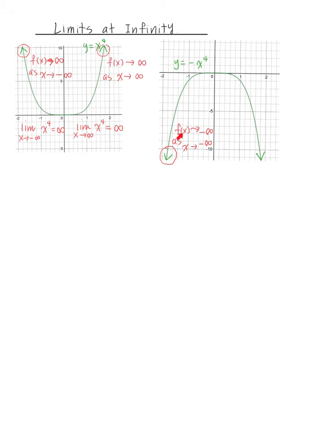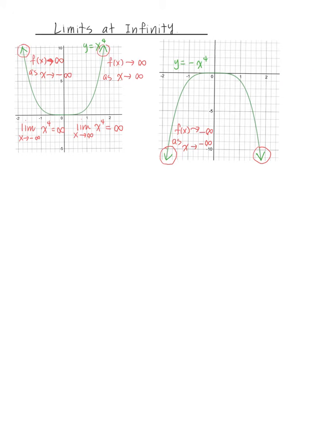Our y value, which is f of x, is going to go to negative infinity as x goes to negative infinity. All right. Okay, so now let's take a look at this end. So in this case, I'm traveling x towards positive infinity now. As x goes to positive infinity, where is this tail end heading to? What's the y value? Well, this y value is going towards negative infinity as well when x is traveling towards